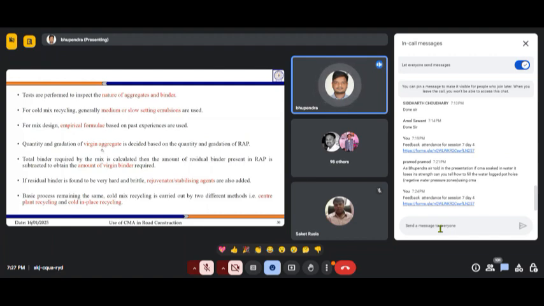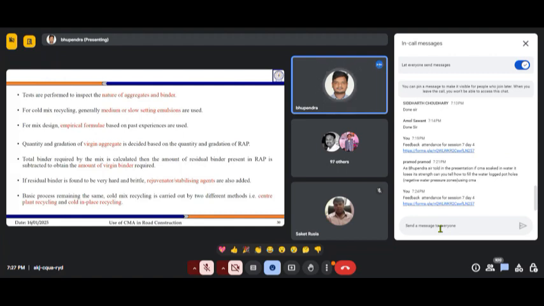Similarly, we have the gradation of the aggregates present in our RAP material. Based upon that, we find out the additional aggregates we have to add. The bitumen present in our RAP, due to aging, has become very hard and brittle. Bitumen over a period becomes very hard and brittle.